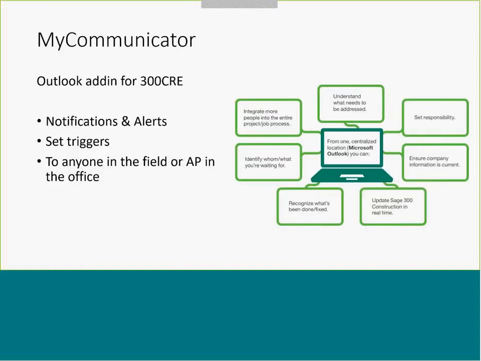My Commuter. My Commuter is an Outlook add-in specifically for 300 CRE, allowing you to easily set up notifications and alerts if you're a user that operates a lot within Outlook. So you can set up, whether it's verifying information for subcontractor compliance specifically, insurance, certified reports, readily available directly in Outlook. That way, anyone out in the field can have direct visibility into what's going on as long as they have access to their Outlook, all available directly from their device based upon what the criteria you set up within